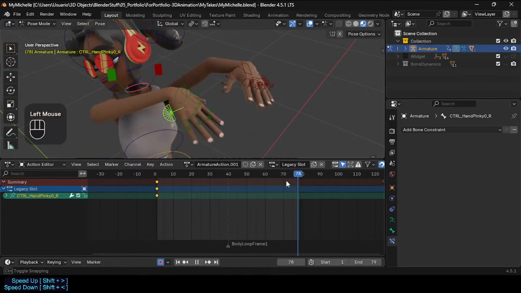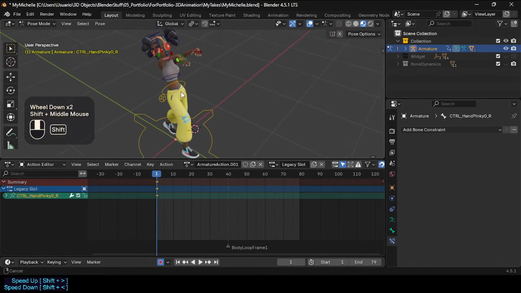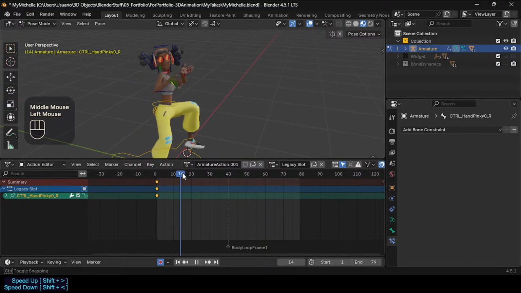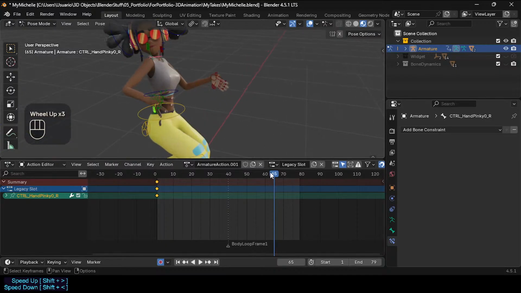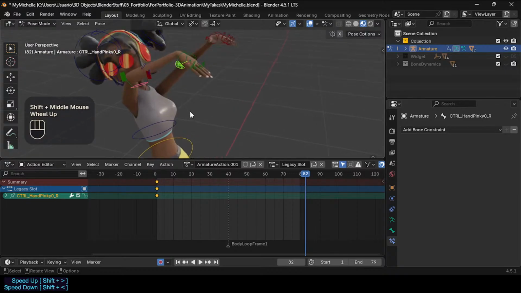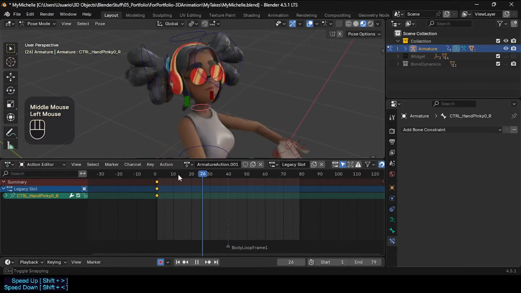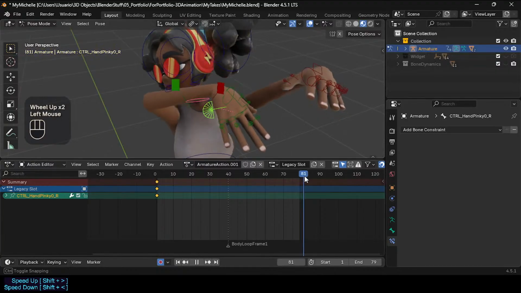I haven't even touched the curve editor. I've just touched the curve editor trying to find a solution for that looping broken breakdown that was happening. It has nothing to do with the curve editor. Actually, it's just about having the breakdown